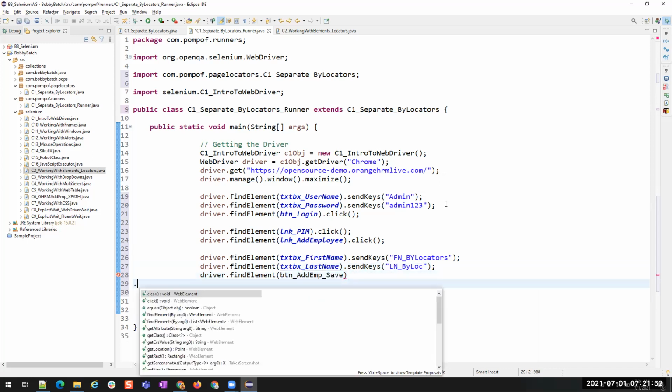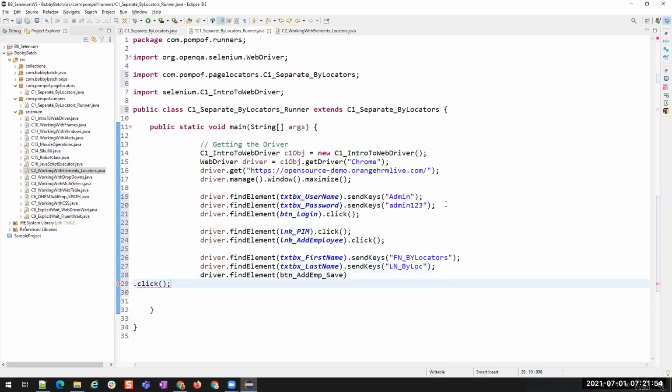That's all. You see how neatly the code is looking. Has the readability increased when compared to the previous scripts?